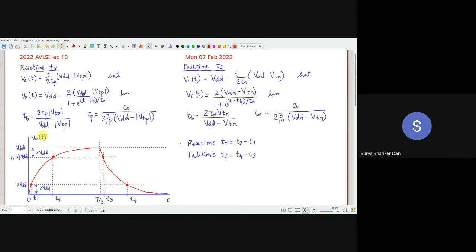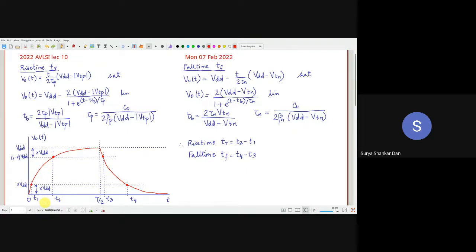That will depend on the concept which we have seen previously, that is, the linear saturation boundary. That instance happens to be TB. B stands for boundary, right? So the linear saturation boundary occurs at the instance TB when TB equals 2 tau P. This was derived in the class. Now, clearly this TB will be larger than T1 and less than T2. Similarly, the same over here: TB will be somewhere in the middle. It will be larger than T3 and lesser than T4. TB will be somewhere here, and TB will be somewhere here.